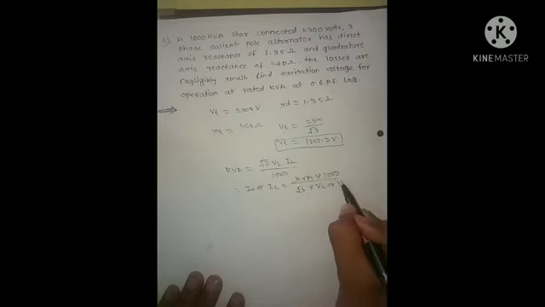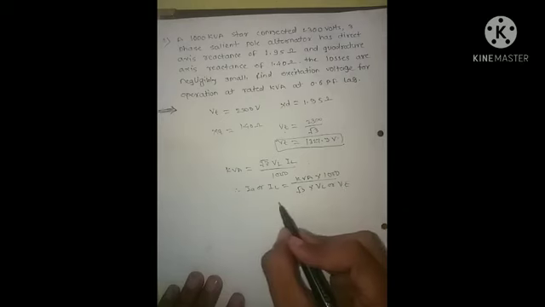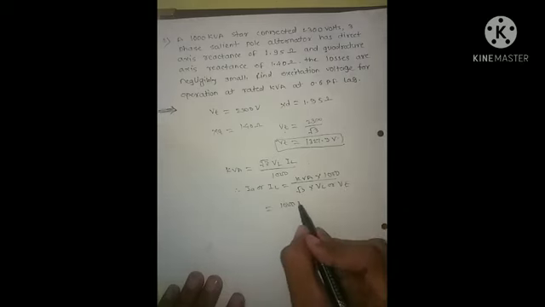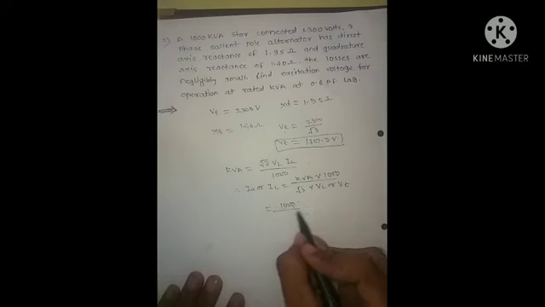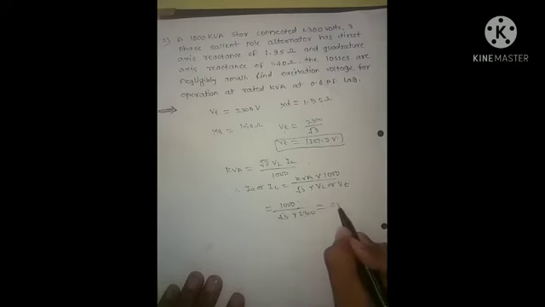So 100 into 1000 divided by root 3 into 2300 equals 25.102